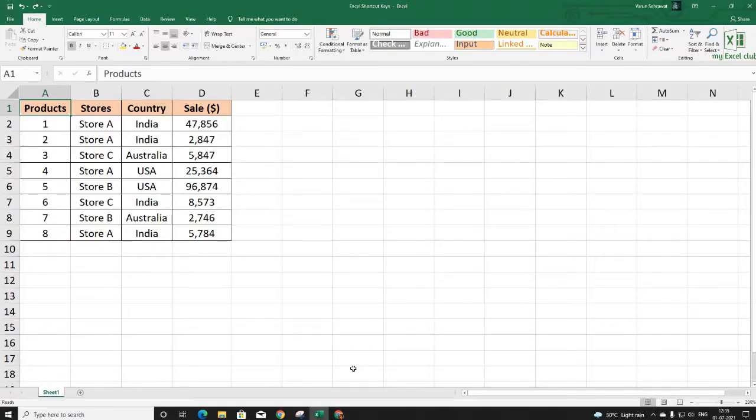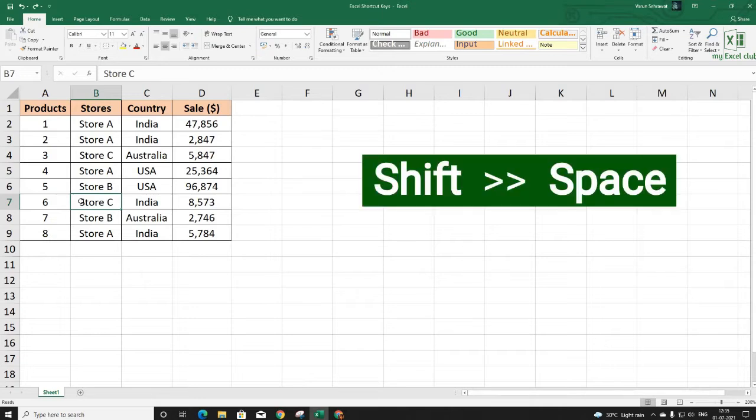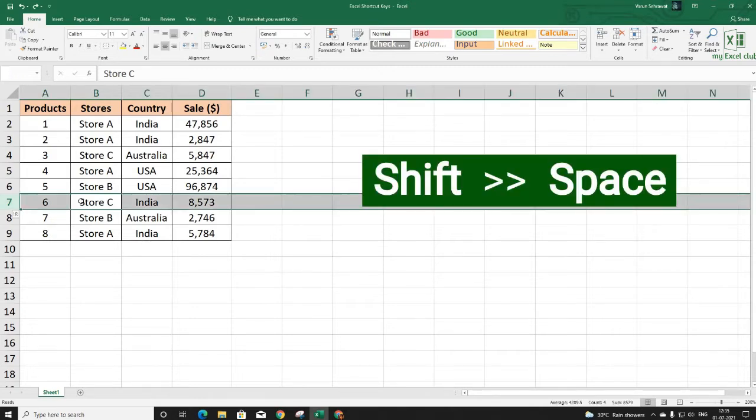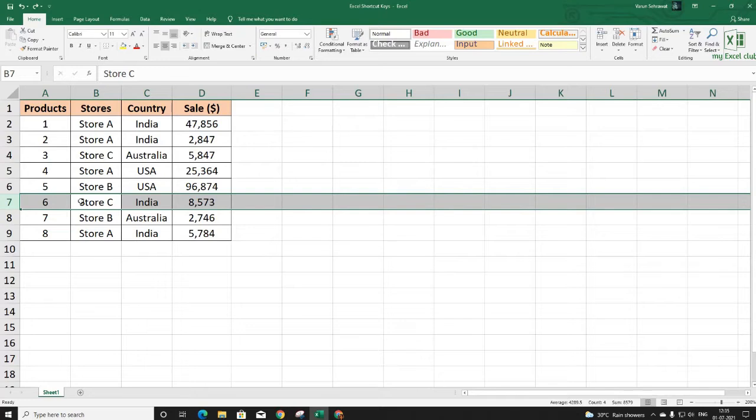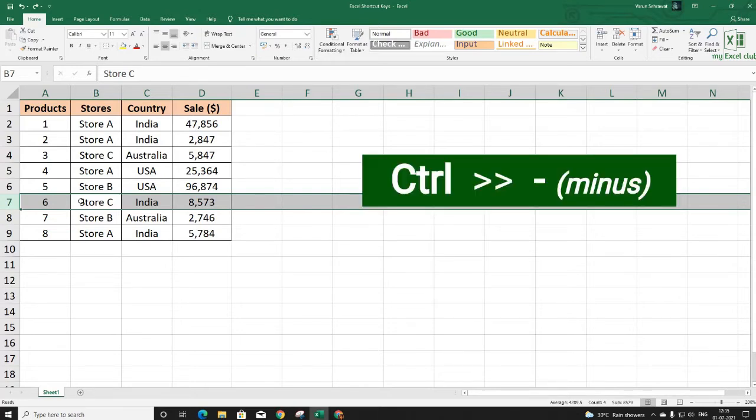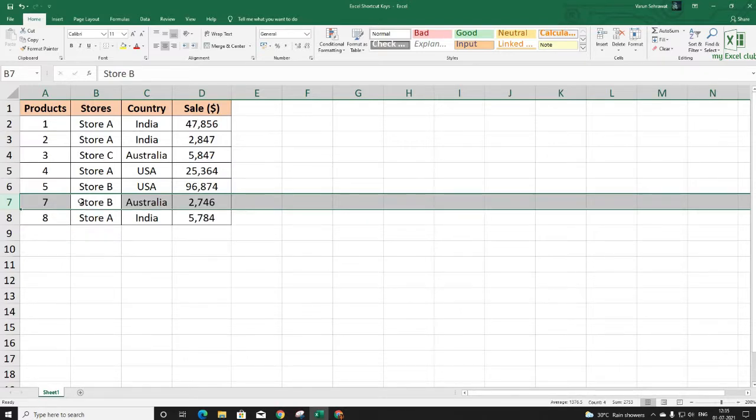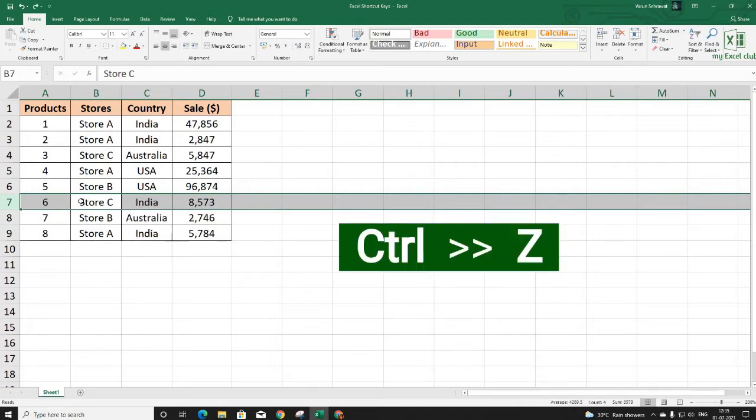To delete the entire row in your data, you need to highlight that row first. Activate any cell in that row, and then press Shift and Space key from your keyboard. This will highlight the entire row, and then press Control and minus key from your keyboard to delete that row. If you want to delete multiple rows, I'm doing Control Z to undo my last action.